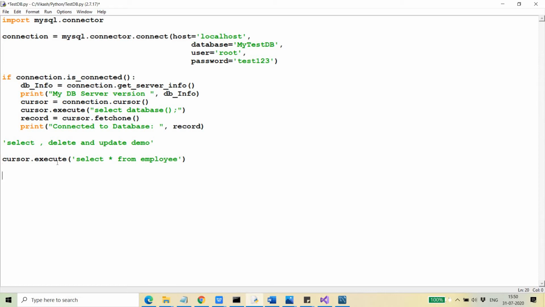After that, you need to fetch all the records into the local cache. For that, you need to do something like this: cursor dot fetchall. Now the records are in the local cache, and all the records which have been fetched in records are in the form of tuples. Whenever you select a set of rows from the database table, each row will be a tuple, right? I will show you how that looks. So you can write: for row in records, and then just print the row.